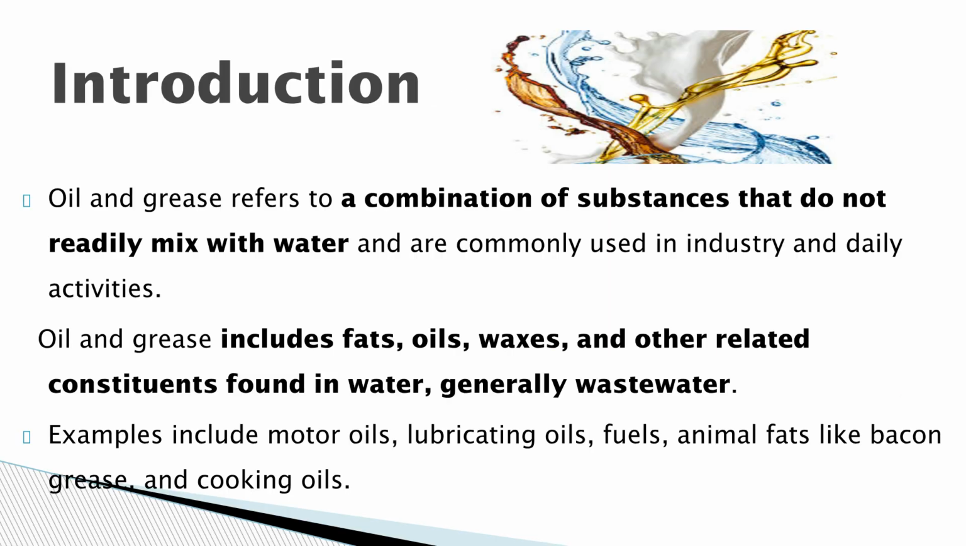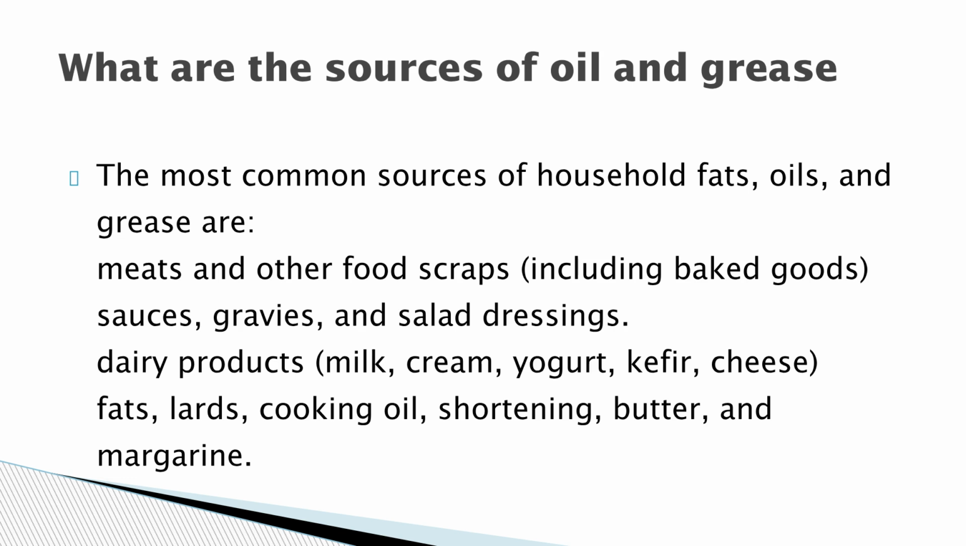Oil and grease is a mix of substances that don't easily mix with water, commonly found in industry and daily life. It includes fats, oils, waxes, and other related components often found in wastewater. Examples include motor and lubricating oils, fuels, animal fats, and cooking oils. Common household sources of oil and grease include meats and other food scraps, sauces, gravies, and salad dressings. Dairy products like milk, cream, and cheese, as well as fats, lards, cooking oil, shortening, butter, and margarine are also